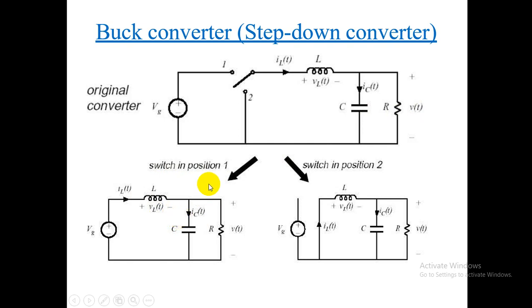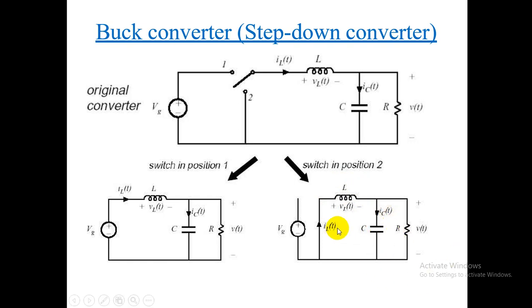Look at these two diagrams. This is the switch at position 1, and the source is connected to the circuit and feeding it. When the supply is available, as we know, the inductor stores the energy. When the switch is moved to position 2, the supply is disconnected and there is a closed path here. Now the inductor serves the circuit because it has already stored energy, and it releases its energy by interchanging the polarities and allows the current in the same direction.